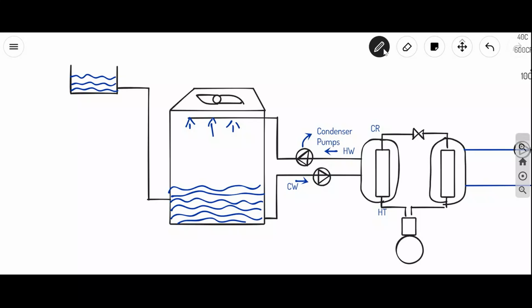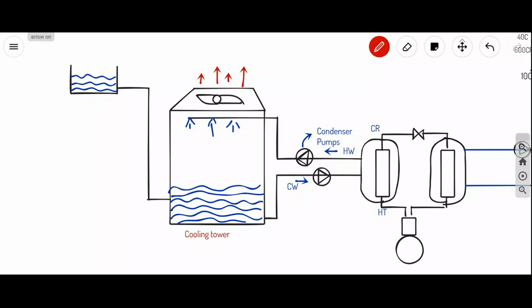This fan removes the heat from here. So this setup is called cooling tower. What is it? Cooling tower. Now when the heat extraction is happening,